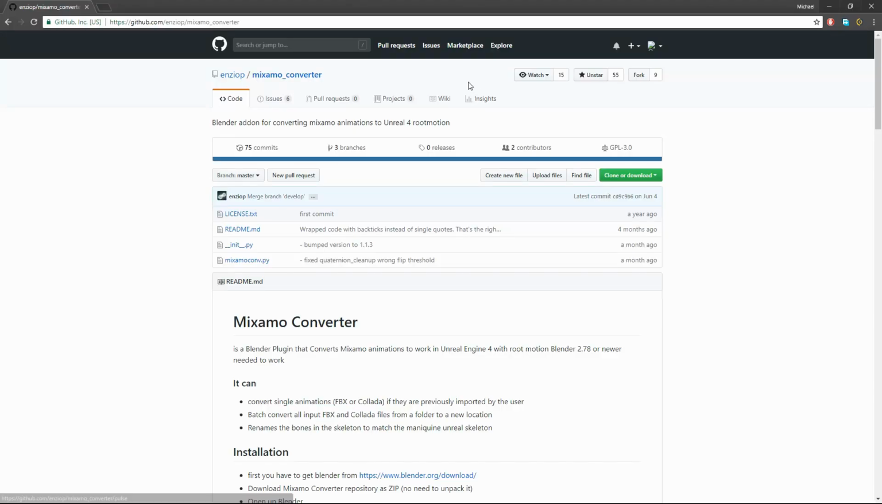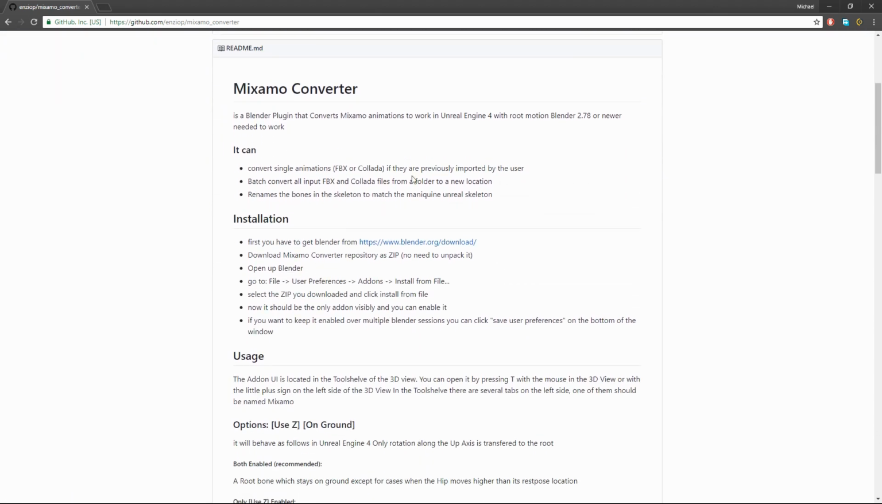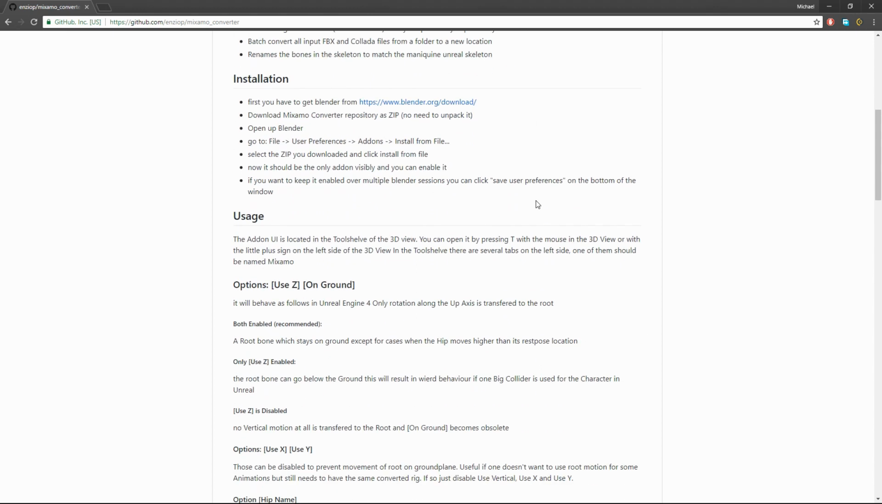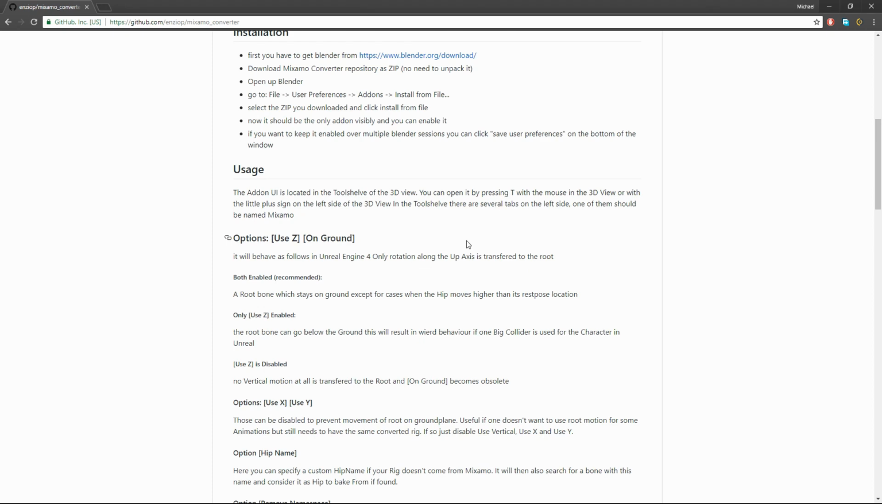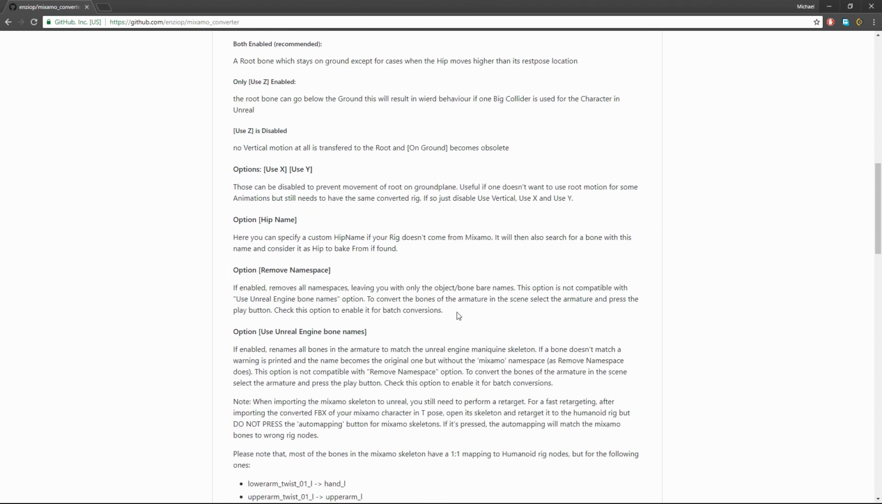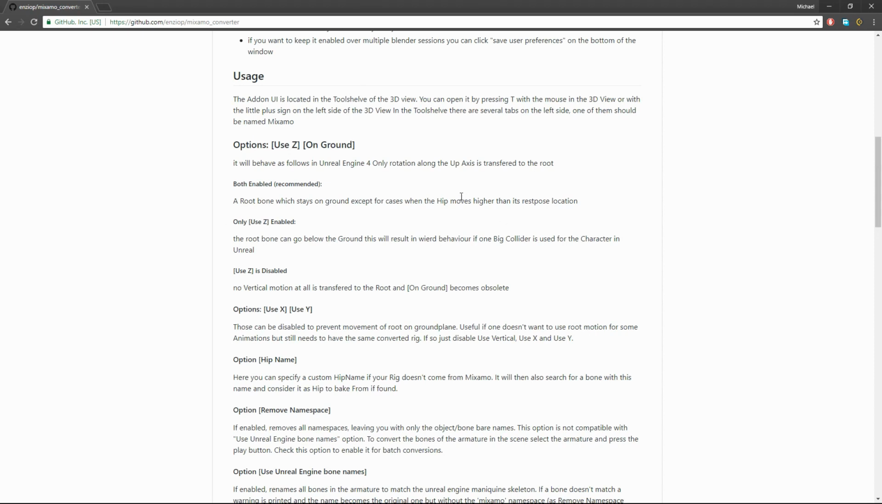All I had to do was install a Blender Addon called Mixamo Converter. It can perform several operations, including doing batch conversion or single conversion of animations, and can also rename the bones of the skeleton to match the Unreal human rig. Here are the instructions for installing the add-on, and then here is the documentation on how to use it. So we're going to look at that in the next section, but first let's take a look at the animations